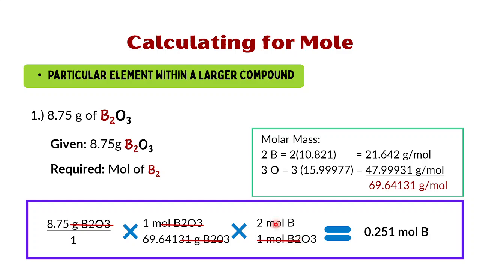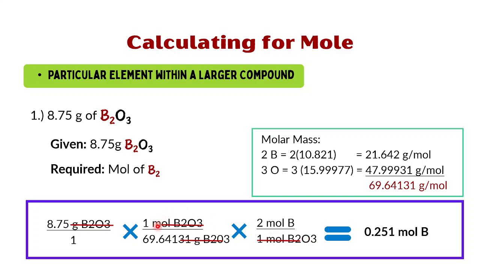The answer there is no. They should not be interchanged because our main target, class, is to cancel out the units from the other side, because our main goal is to retain only the needed unit. So here I place 1 mole of B2O3 as my denominator,